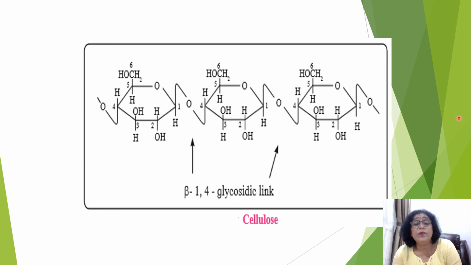Now my question is whether cellulose is a reducing sugar or a non-reducing sugar. In none of the carbon atoms will you see all three groups present: H, OH and ether group. Here you see O is there, H is there, but there is no OH group. Likewise it will form a long chain of beta D glucose units, where no carbon will have all these three groups present. That is why cellulose is a non-reducing sugar. Similarly, starch is also a non-reducing sugar.